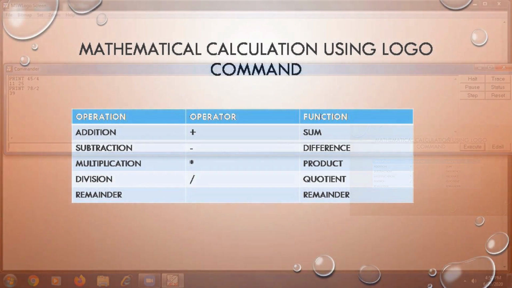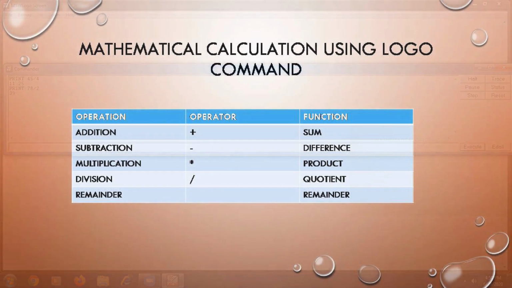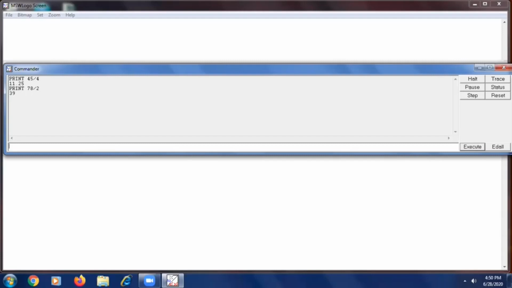For divisions, we have two things: one is quotient, another is remainder. Quotient gives the result of the division, and if some remainder is left after division, that will be displayed by the remainder.